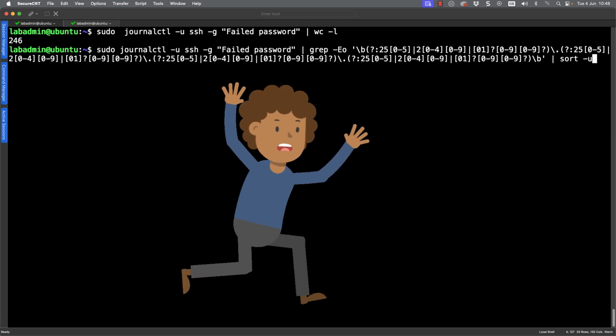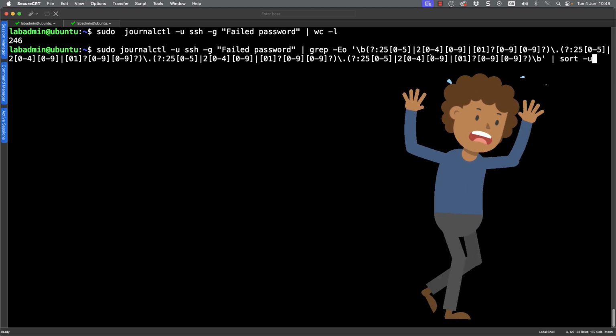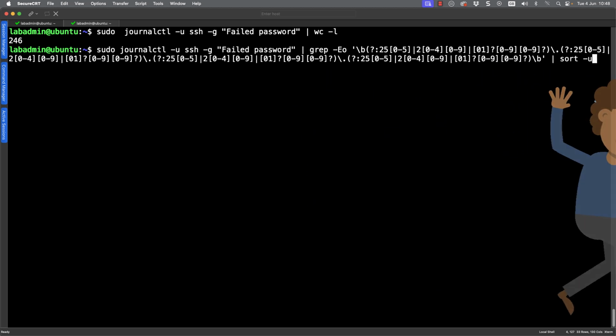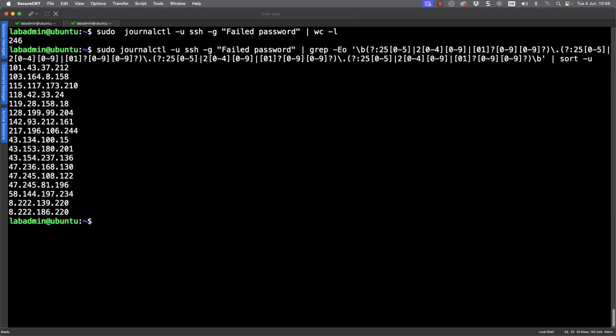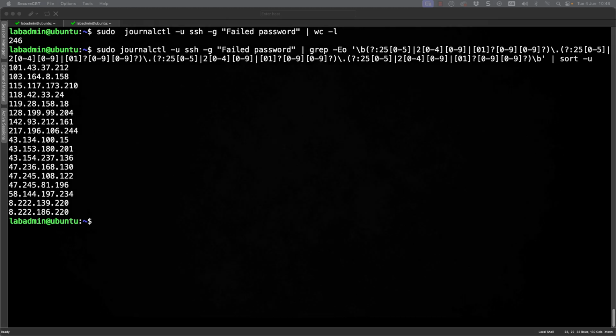It looks a little complex, I know, but we're also piping the output to sort -u, which is going to give me unique occurrences. Because obviously these IP addresses will be used multiple times trying to access multiple user accounts with multiple different passwords. So we can see out of those 246 attempts, we've got down to a list of IP addresses, and we can then start looking at banning these IP addresses via a firewall rule. But better than that, we can also automate the process.